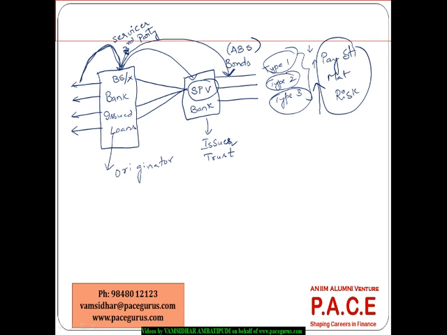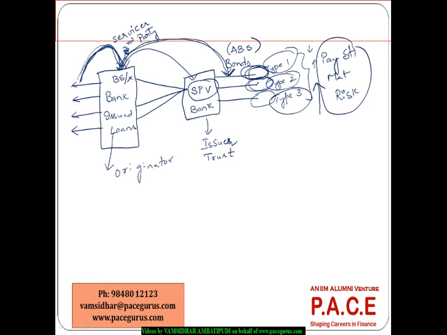Why is this more and more risky coming in? Whatever payments are coming from the borrowers can be structured in such a way that this first group will be paid, and after that if there is something still left, the payments will happen to this group, and even after that if something is left, the payments will go to this one. But if the customers have defaulted heavily here and the amount did not come sufficiently, it might so happen that only this group will receive the payments.